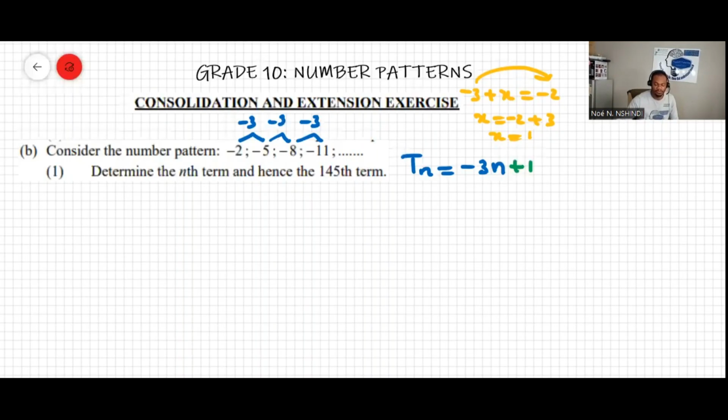That will be Tn. Now the 145th term will be T145, that means Tn is -3n plus 1, and we are going to substitute 145 for n. So T145 will be equal to